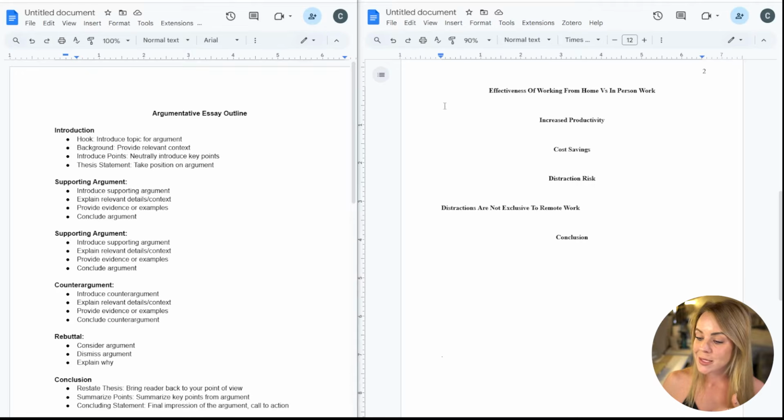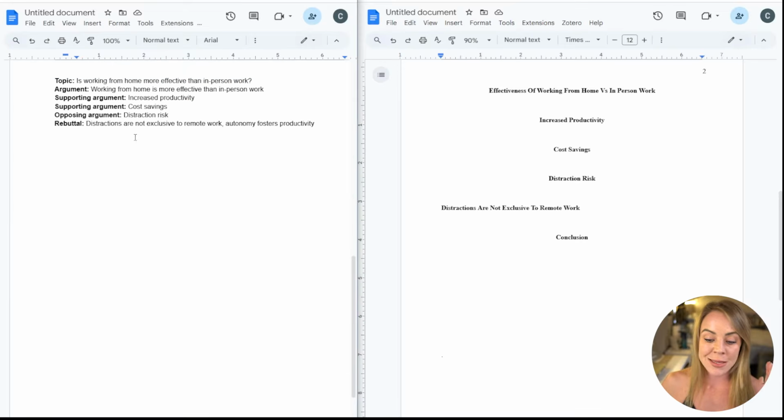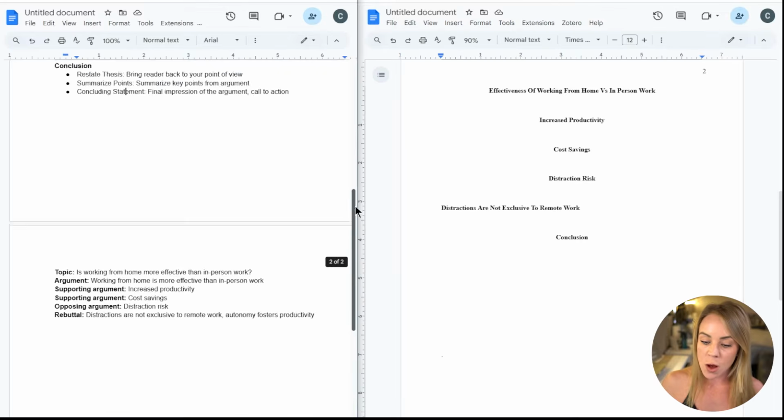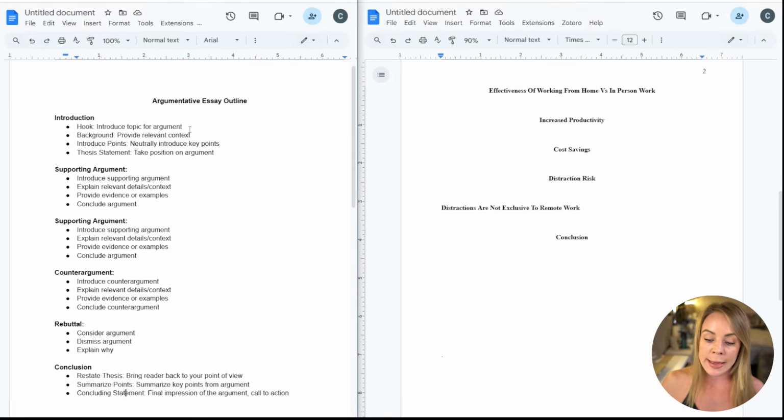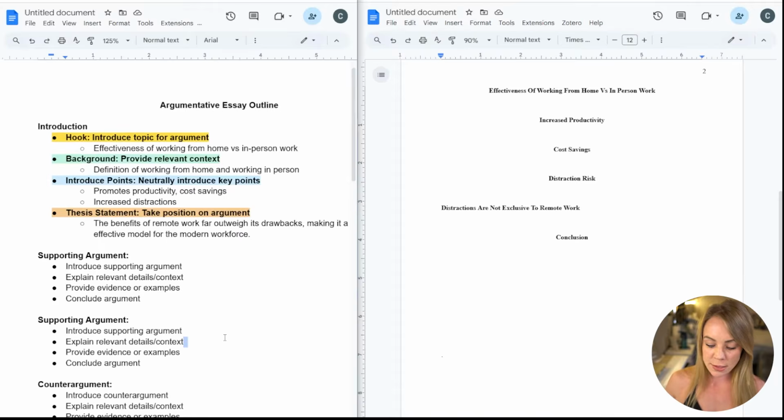From there, you can see I've created an outline using section headings based on the information we have here. So these are the key points we're going to discuss that we would have found in our research process. And so now let's take a look at this outline, and I'm going to go through each bullet point and create the content that I'm going to include in this paper. Matter of fact, I'm going to color coordinate this just to make it even easier to understand. One second. Okay. So let's go ahead and jump right into this introduction.